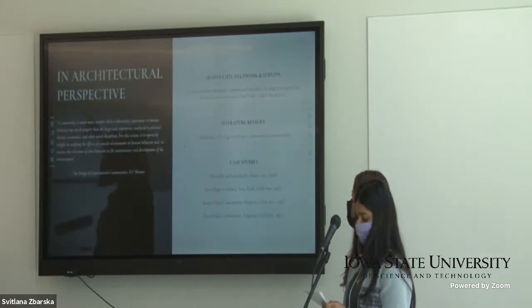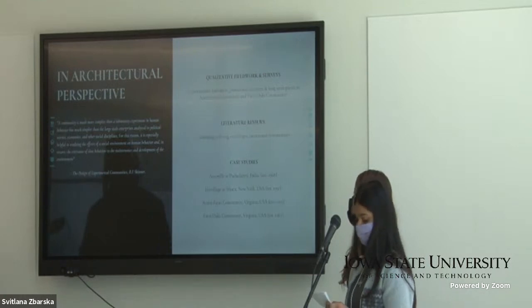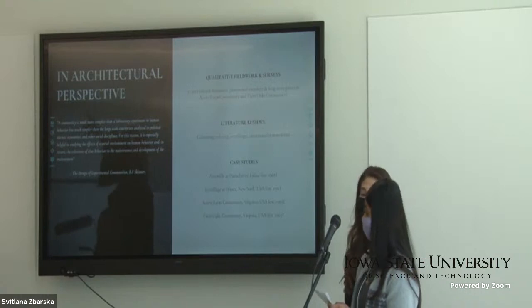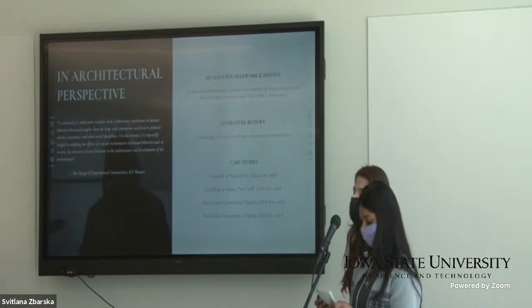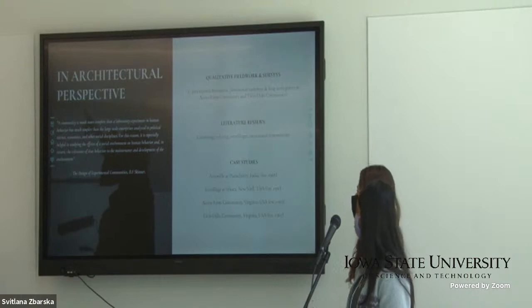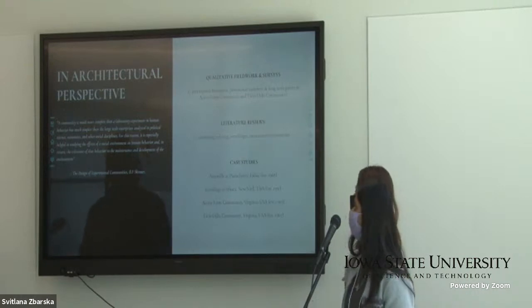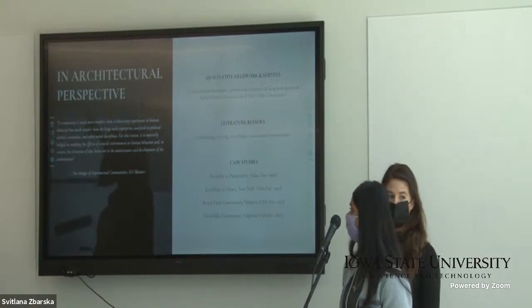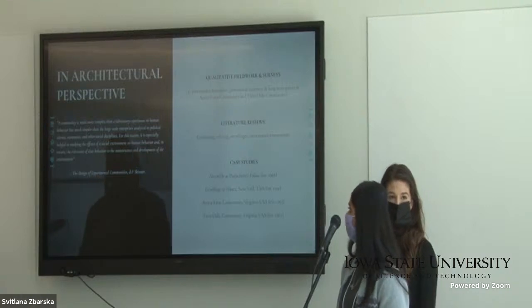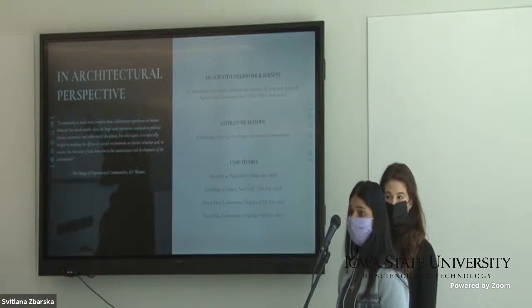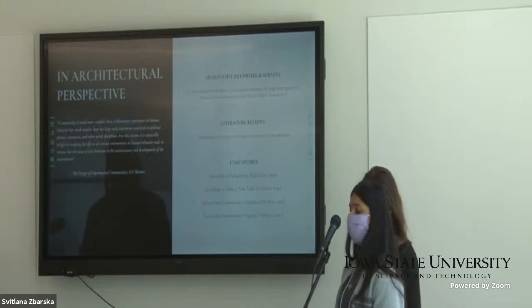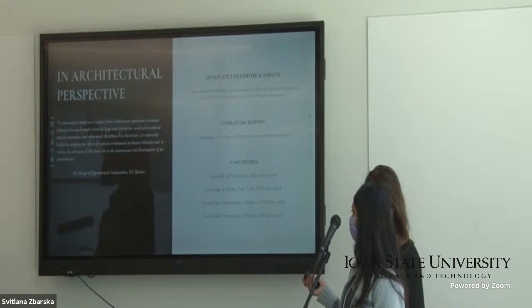The American psychologist B.F. Skinner, whose book Walden Two serves as an inspiration behind one of our case study communities, mentions that a community is much more complex than a laboratory experiment in human behavior, but not simpler than the large-scale enterprises analyzed in political science, economics, and other social disciplines. For this reason, it is especially helpful in studying the effects of social environment on human behavior, and in return, the relevance of that behavior in the maintenance and development of our community lifestyles.